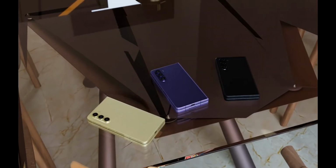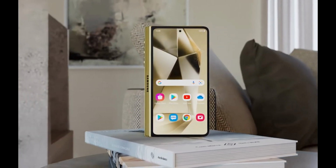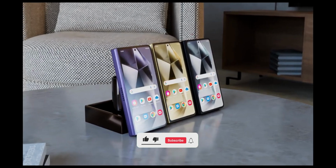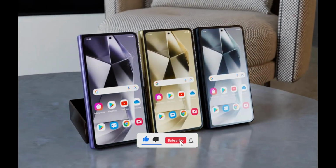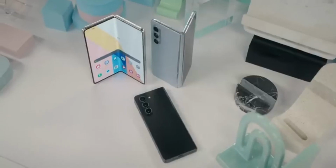Hey there, tech enthusiasts. Today, we've got some exciting news to share about the highly anticipated Samsung Galaxy Z Fold 6. Thanks to recent leaks and rumors, we're getting a sneak peek into what could be Samsung's next groundbreaking foldable